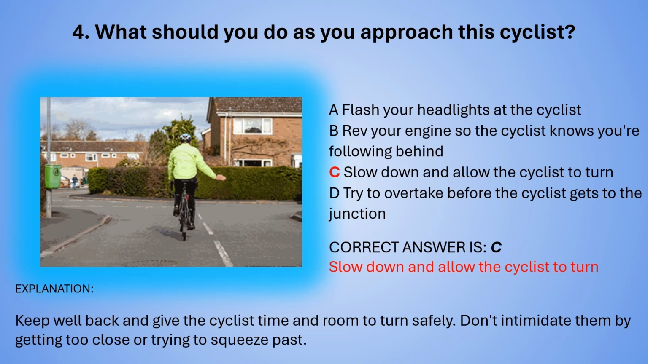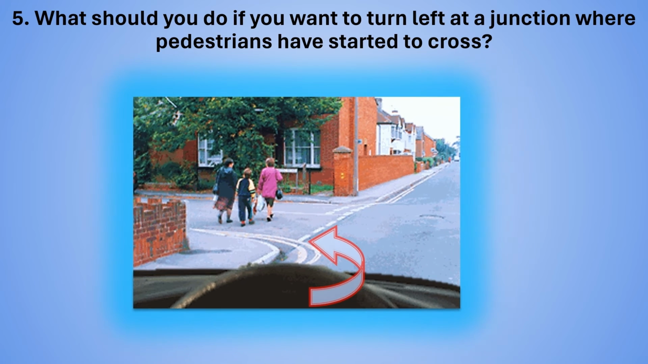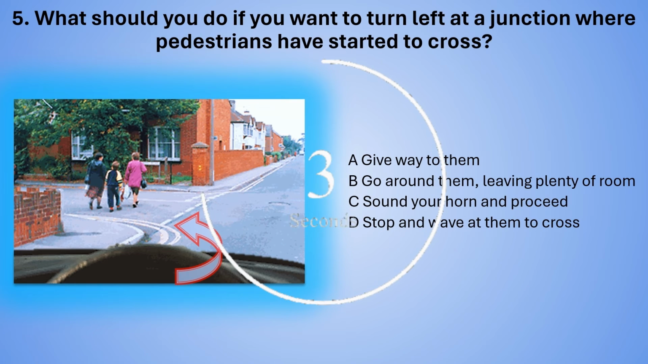Question number 5. What should you do if you want to turn left at a junction where pedestrians have started to cross? A. Give way to them. B. Go around them, leaving plenty of room. C. Sound your horn and proceed. D. Stop and wave at them to cross. 5, 4, 3, 2,